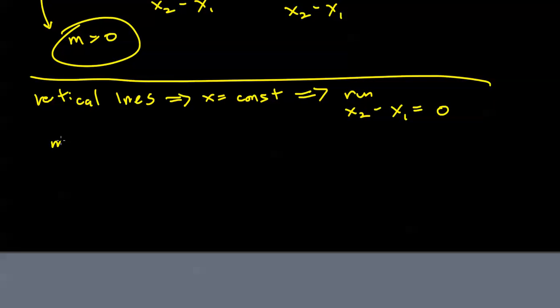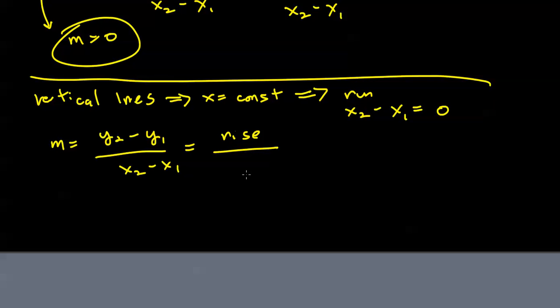So when I go to compute my slope, well, there may be a rise. Well, the idea here is your run will always be 0 in a vertical line. And division by 0 is not defined, so we handle it like this. We say there's no defined slope